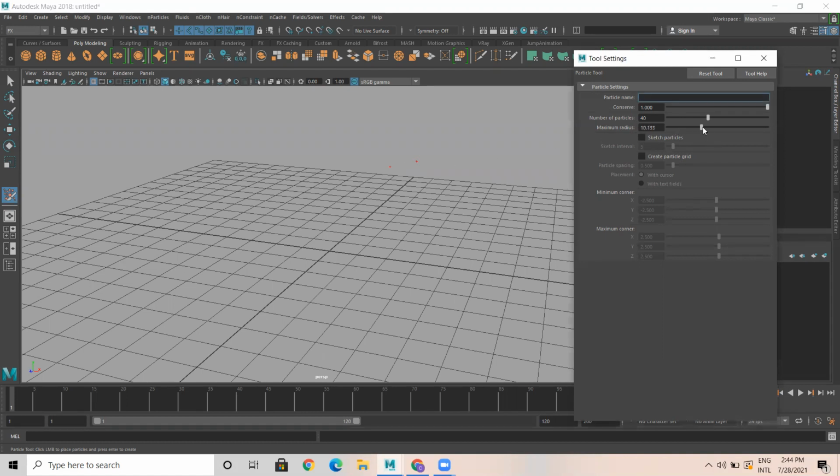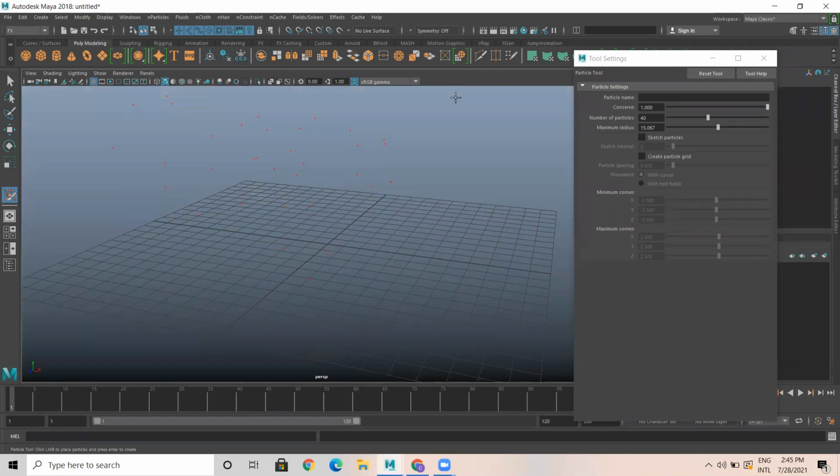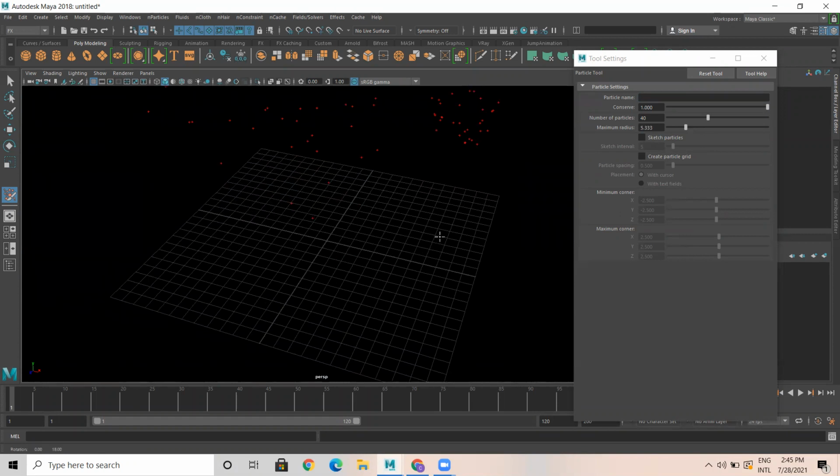So if I start to increase the radius, when I click here, so many particles. I'm gonna change the color to black so that you can see. Now, if I reduce the maximum radius and if I click, you can see the 40 particles at one point.